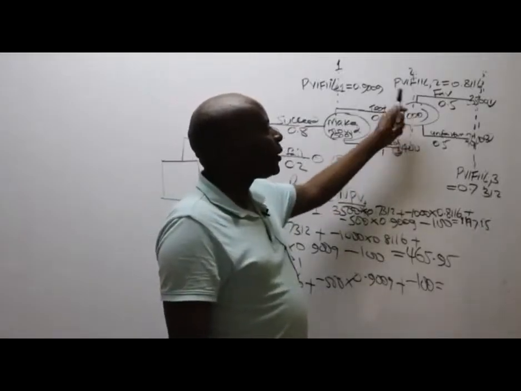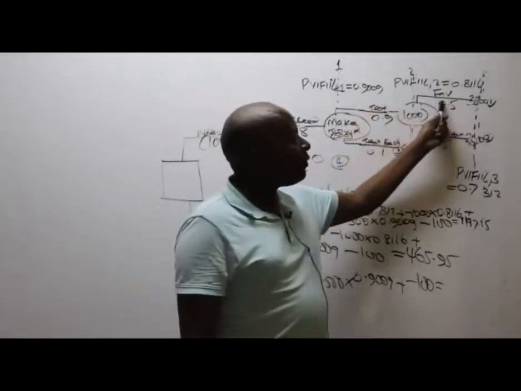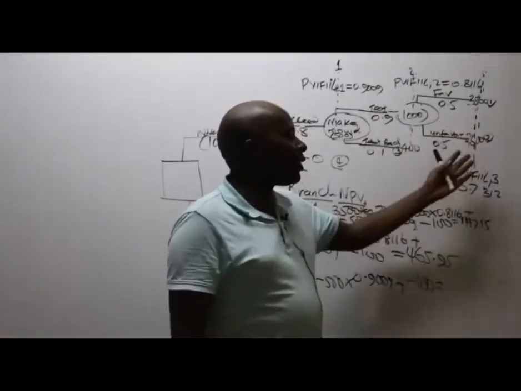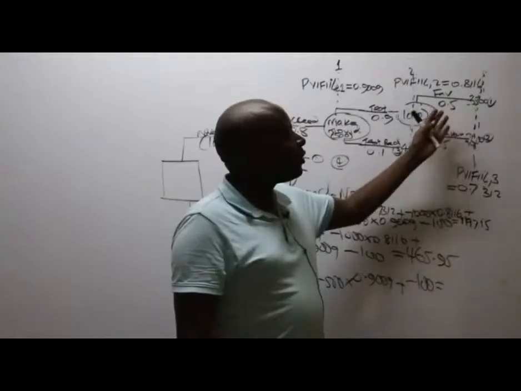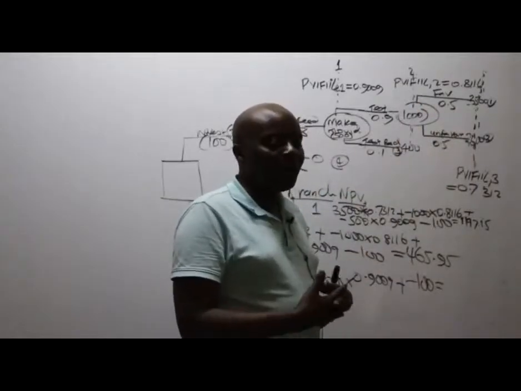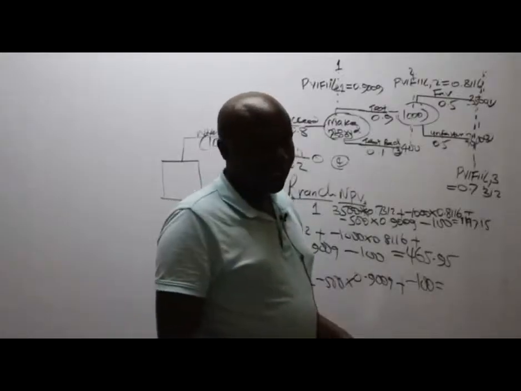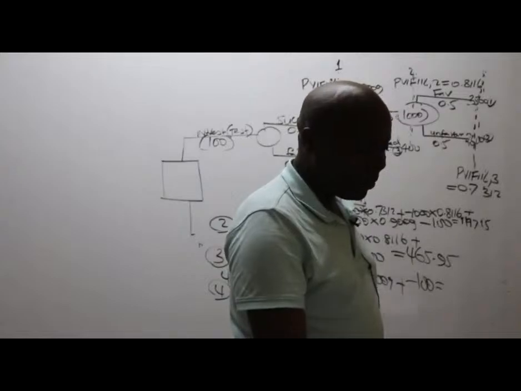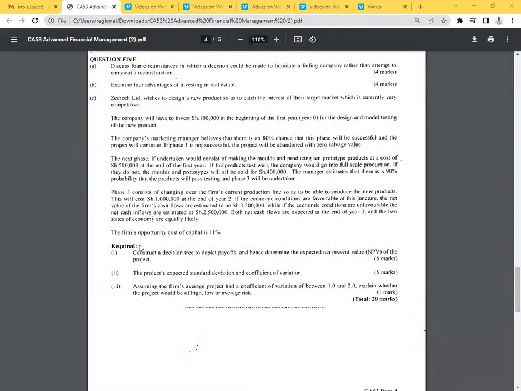If we go into full-scale production and the economy favors us, we're going to get 3,500. If the economy doesn't favor us, we're going to get 2,500. The probability of a favorable economy has been given as 0.5. They are equally likely. They've told us here that the probability, if